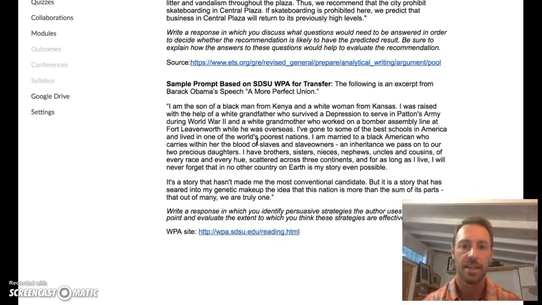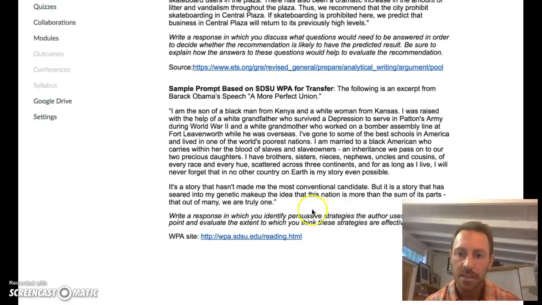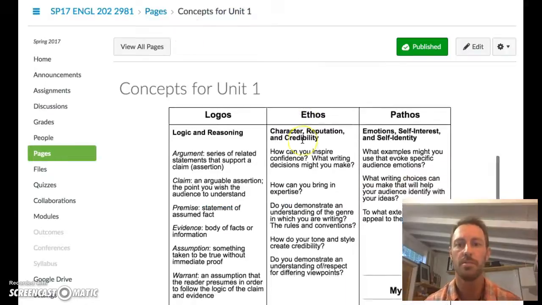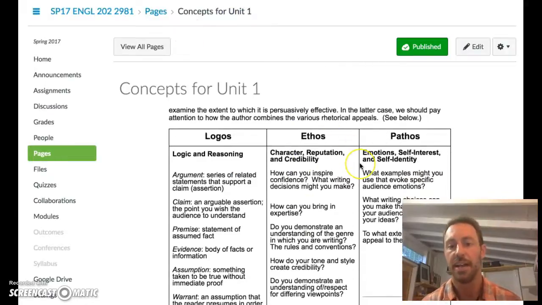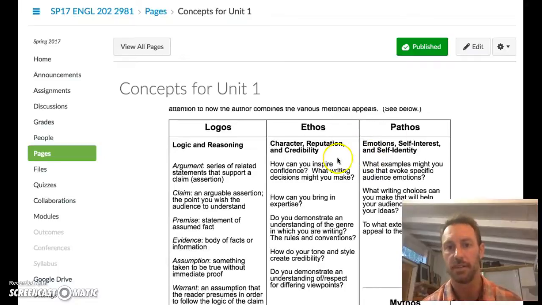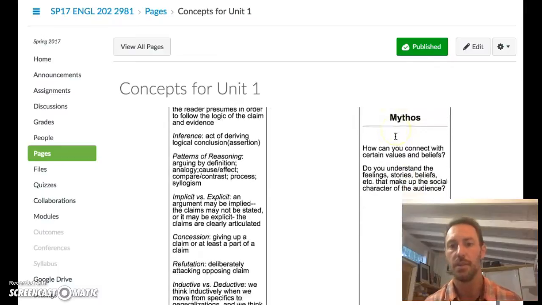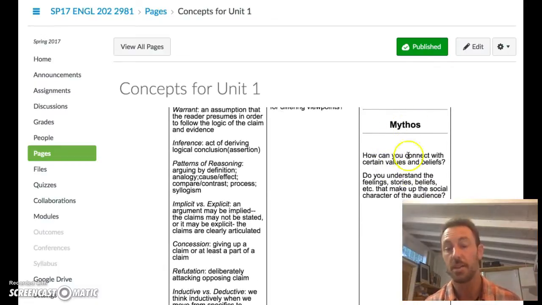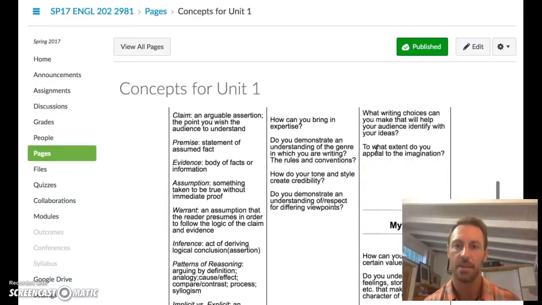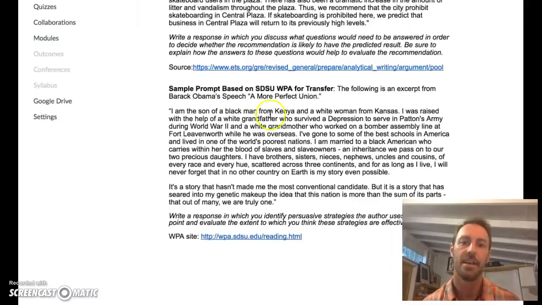Instead, in this example, they want us to look at the persuasive strategies. And so when we look at this sentence here, we can think more in terms of all of this stuff that plays into the rhetorical effectiveness. We can think about the character of the speaker. We can think about the emotions. We can think about the myths or the narratives or the values and beliefs of the culture. Because if we start to apply these concepts, we can see how this text is persuasive, and yet the persuasion may not rest solely on the logic. It may rest on some of these other rhetorical appeals.